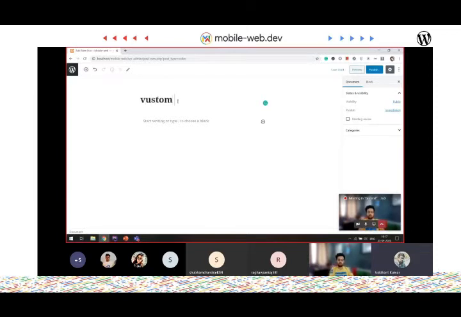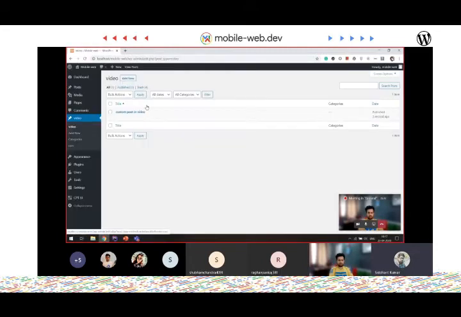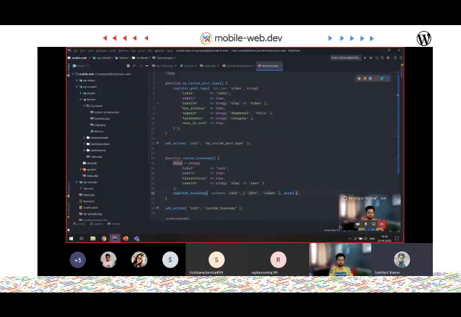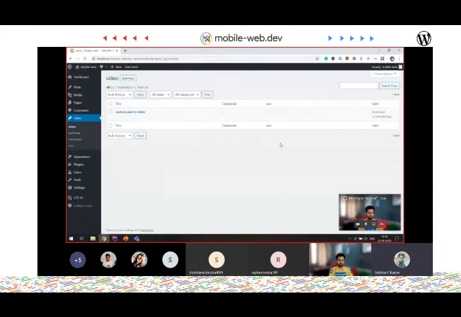Custom post. Publish it. And when we see our post, we can only see categories here and nothing else. So we want to list our custom taxonomy here. So how will we do that? We need to add another argument here: show_admin_column. So here, cars is coming up like that.